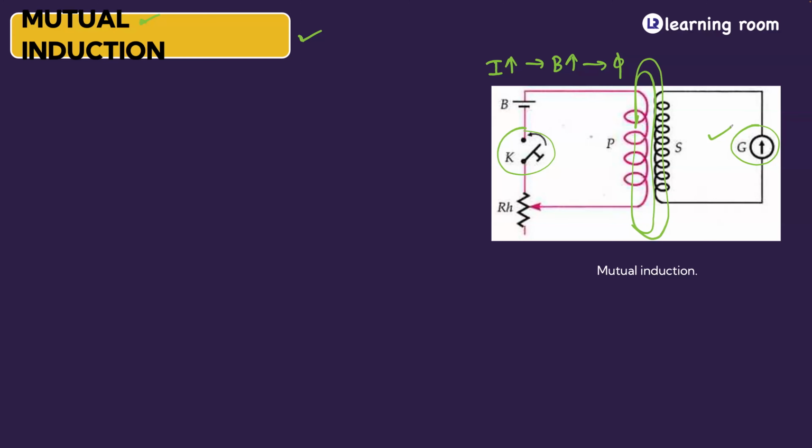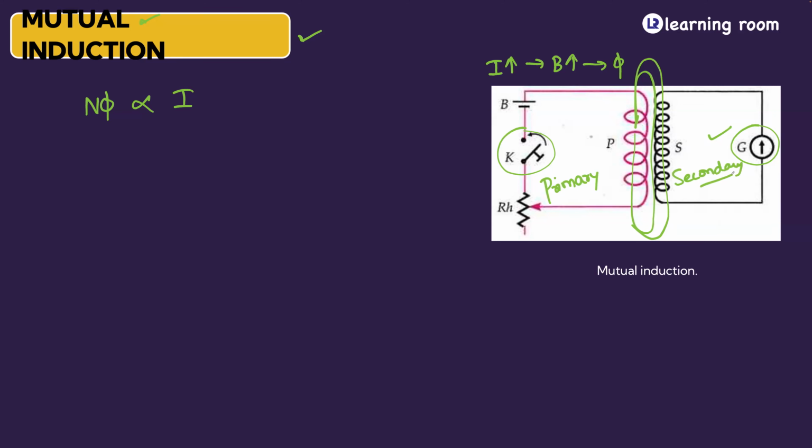So listen. I hope you understood what is mutual induction. Now my question is, there is going to be a flux associated with one coil, which should be directly proportional to the current produced by one coil. Right. But before that, you should know what are the names of these coils. The coil which is connected to the battery is called the primary coil, and the coil which is connected to the load is called the secondary coil.